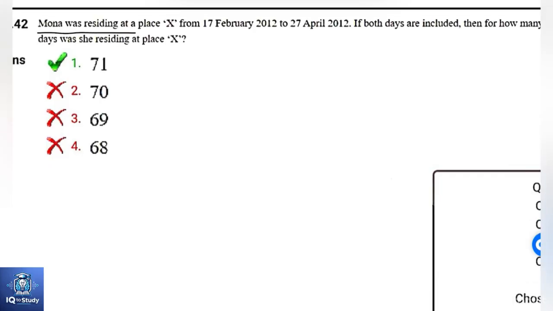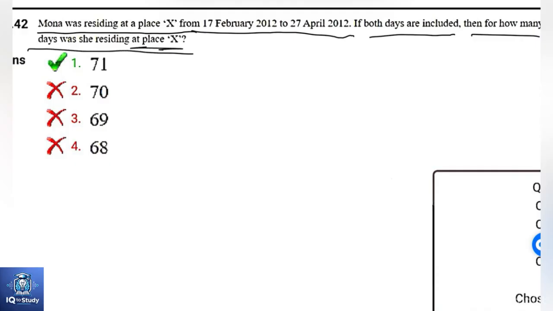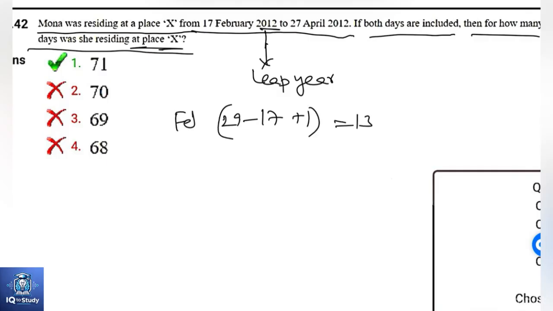Mona was residing at a place X from February 17, 2012 to April 27, 2012. If both days are included, then for how many days was she residing at place X? Here 2012 is given. 2012 is a leap year. So the number of days she stayed in February is 29 minus 17 plus 1, which is 13, and in March it's 31 days,